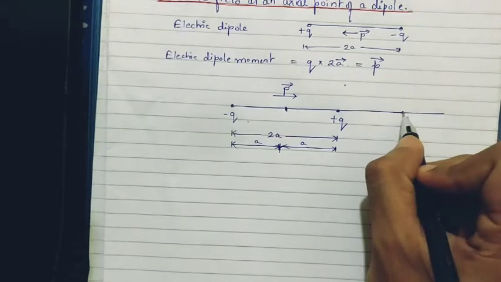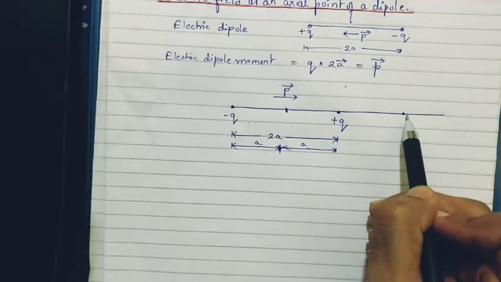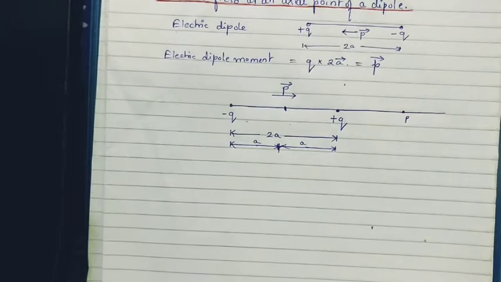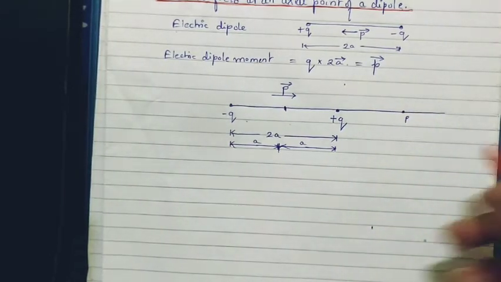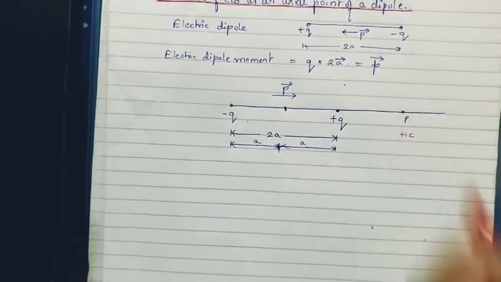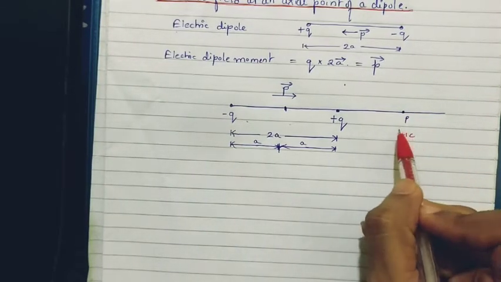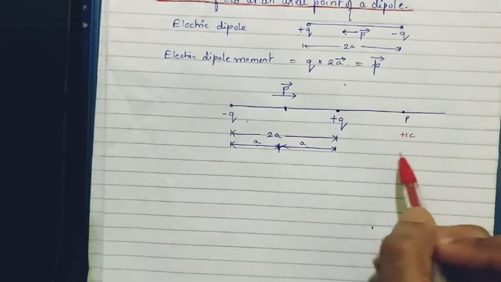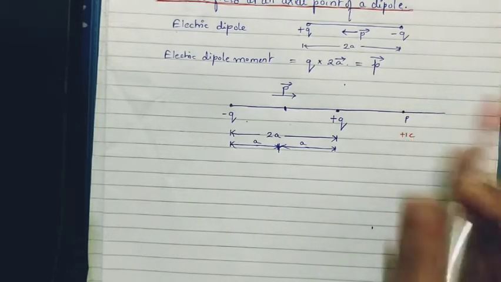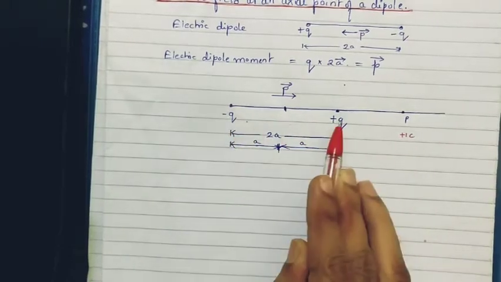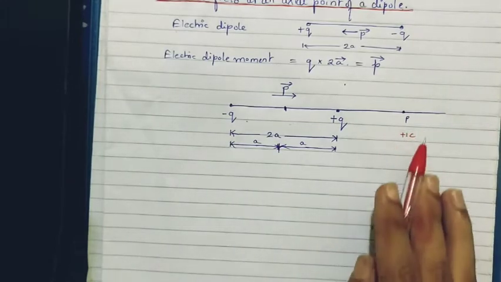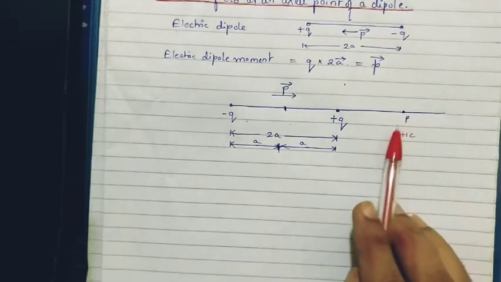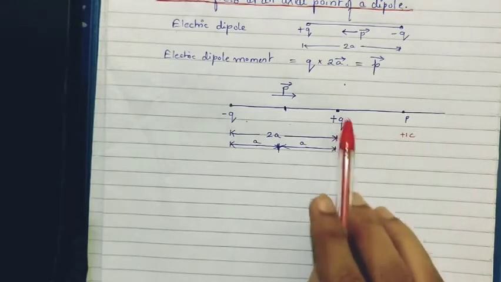Now at this point we are going to find the net electric field produced due to this dipole. So what is an electric field? Supposing I want to find the electric field at this particular point, I place a plus 1 coulomb charge at this point here. Then the net electrostatic or Coulomb force experienced by this 1 coulomb charge due to the source charges, that is plus q and minus q, is considered. These are source charges which put force on this plus 1 coulomb charge, which is the test charge.